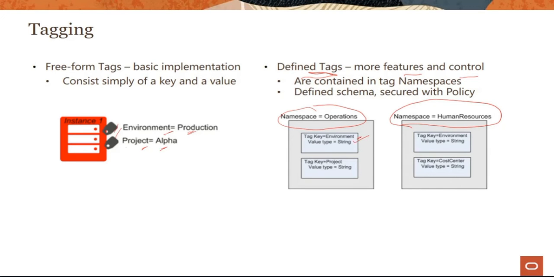In this case it's environment. You could say what kind of value is supported here. The second tag key is project, you can specify a value, and so on. The whole idea is when you use defined tags, you have a schema and you can secure them